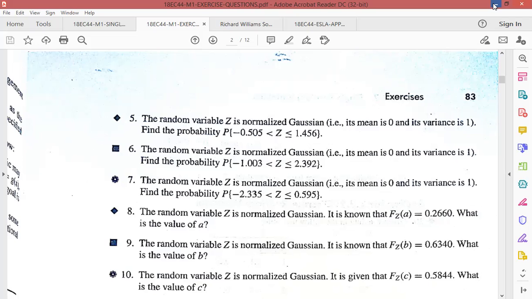So first you need to obtain the value of phi of 1.456. So how are we going to calculate this phi of 1.456? For that, you can see that it lies between 1.4 to 1.5. So here we can use the interpolation method to get its value. So here we can write that as first tabulate phi of 1.4 and also phi of 1.5. Then we can write the equation values.